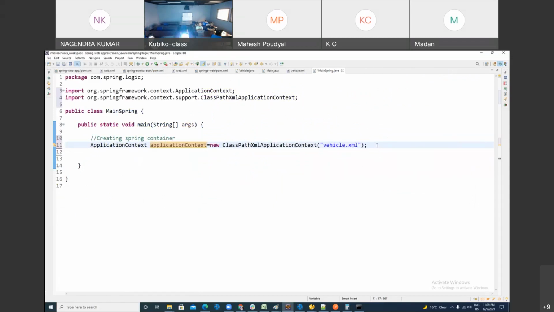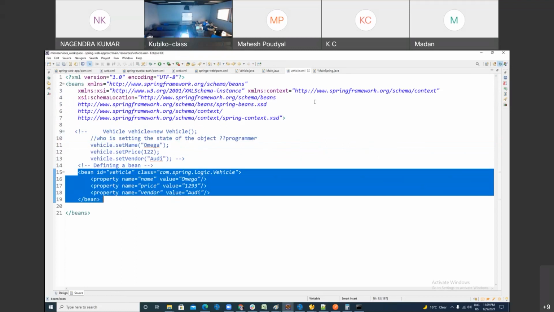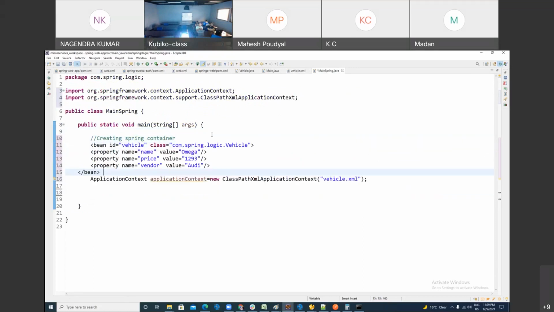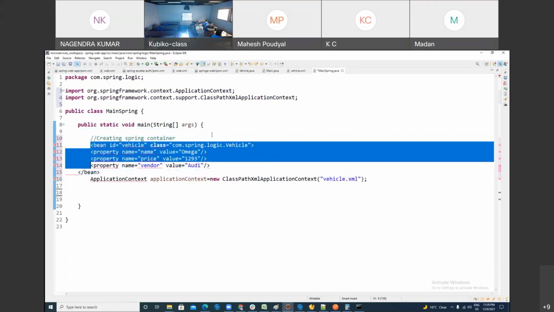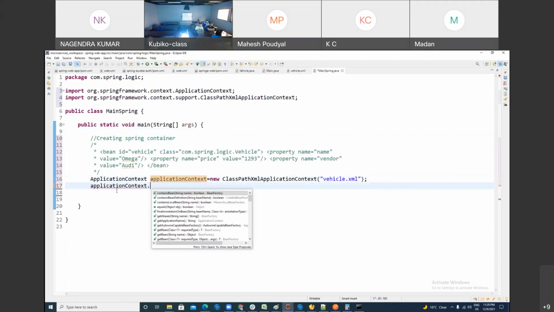So when this line is executed and you are passing the vehicle.xml file, in which you already have a bean, this bean will be created inside the Spring container. Are you following me? Because of this tag and all, a bean will be created. And you can pull this bean from the Spring container using which method? The getBean method.